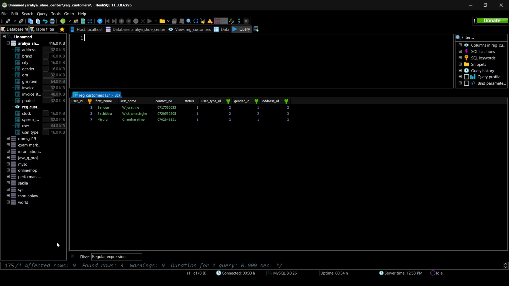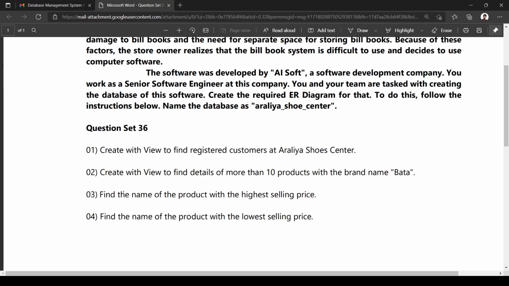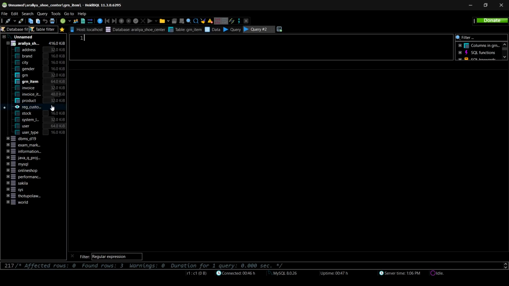Now I think we completed the first part of our question set. Now let's move on to the second part. Create a view to find details of more than 10 products with the brand name Bata. Okay, let's go to our SQL browser, and here in the product table,